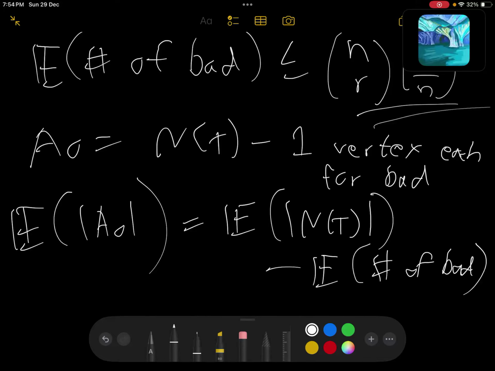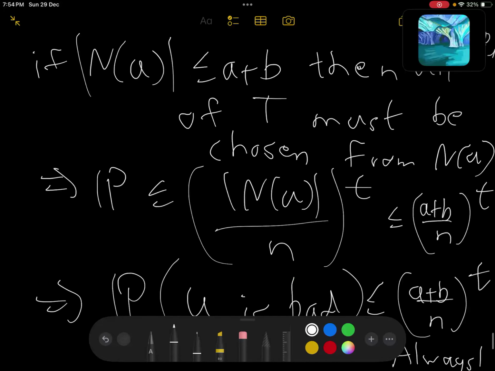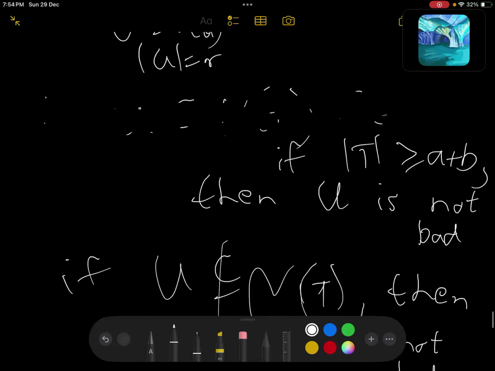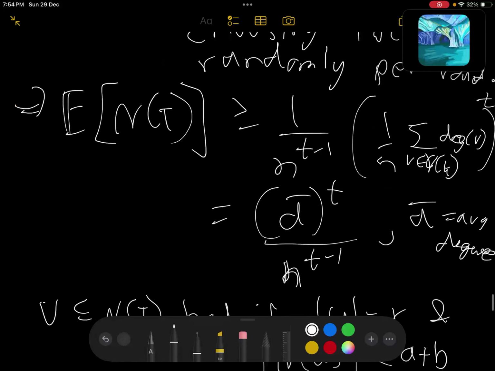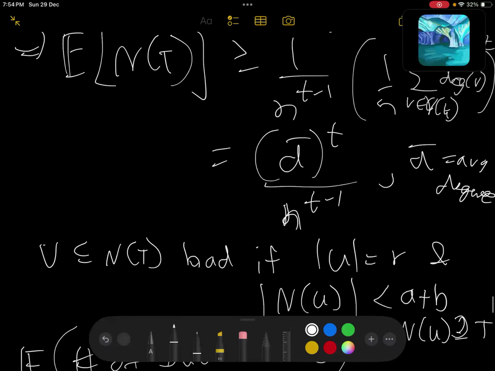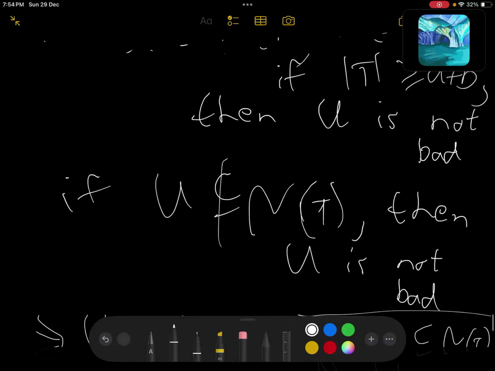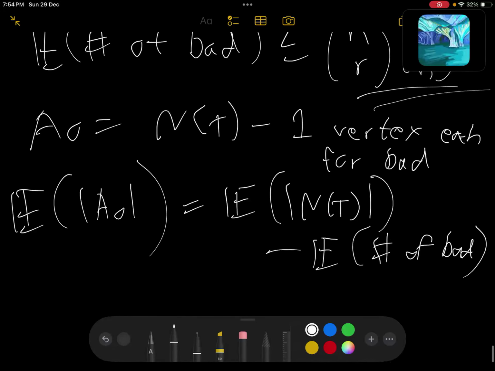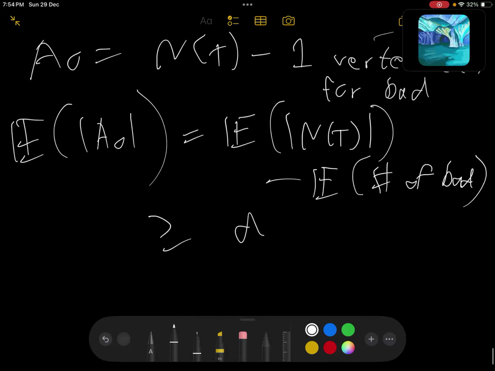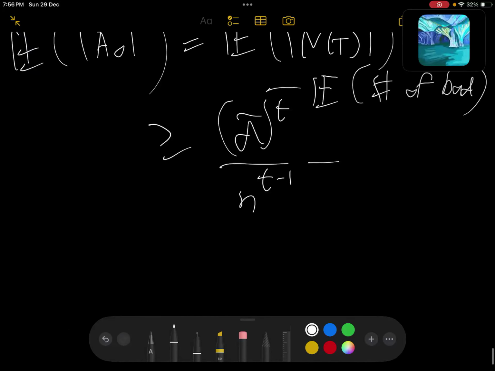And T was picked in rounds, right? How was T picked? T was picked in small t rounds. Every round we are picking one vertex randomly. And we have a lower bound on this. The first term is at least d bar by t raised to n minus n raised to t minus 1. And the second one is at most this. So if we take the minus, we get